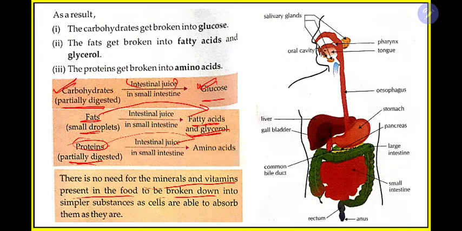Okay, so what it is saying is that we have learned about digestion of carbohydrates, proteins, fats, and starch, which is also a carbohydrate. But we have not learned the digestion of vitamins and minerals, because these don't need any digestion. Our body can take these vitamins and minerals in the original form in which they are present in the food. So far we have discussed the digestion process.